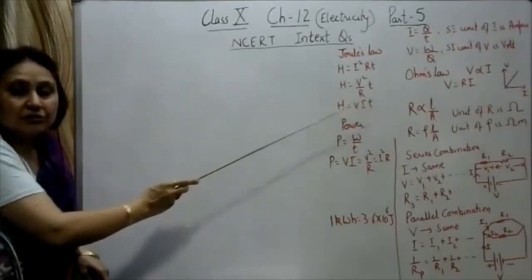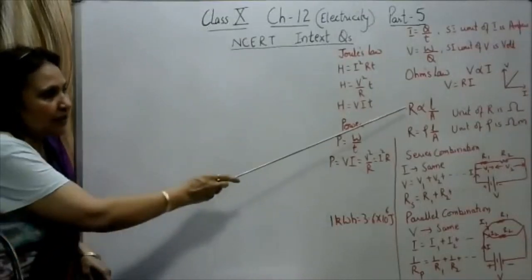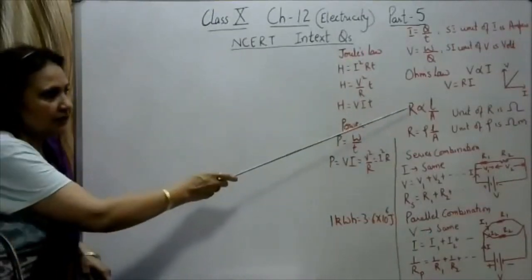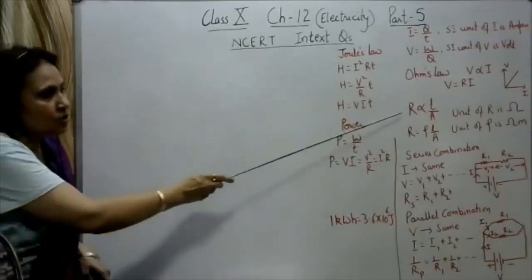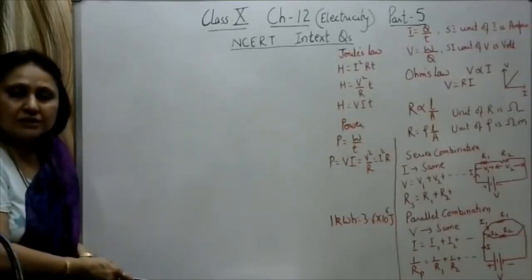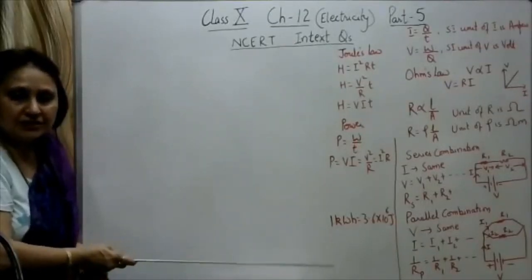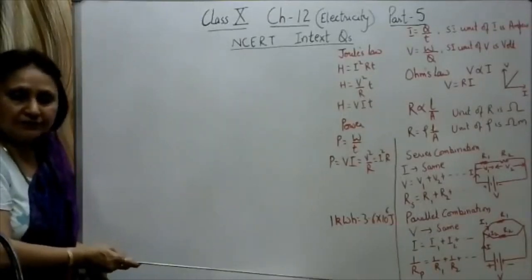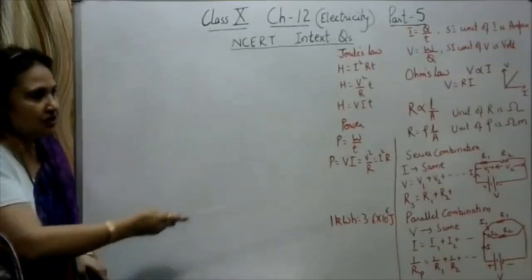Okay, then we have studied the factors on which the resistance depends. The resistance depends upon the length of the conductor. How it depends? Directly proportional to the length of the conductor. Inversely proportional to the cross-sectional area of the conductor. So R is inversely proportional to A. Also, the resistance depends upon the temperature of the conductor. With the rise in temperature, the resistance of the conductor increases. Okay, also it depends upon the nature of the material. That is, different substances, different materials, different resistances are there.